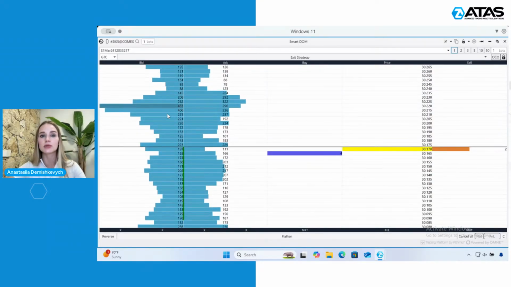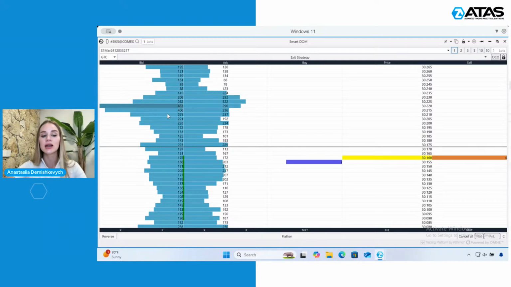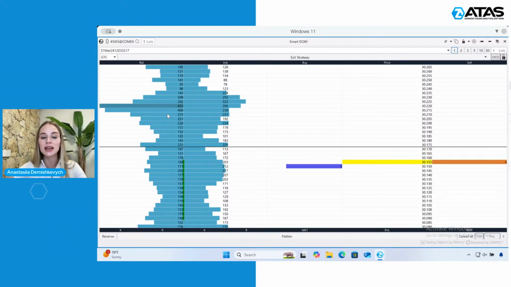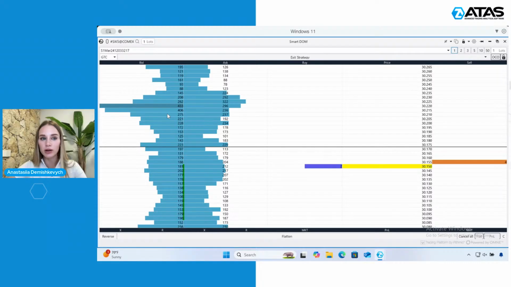And volume profile is something that we're going to be covering in the next webinars. So for example, if you identify the point of control at a certain level on the volume profile, for those of you who perhaps already used it, if there is a large limit order at the same price level or very close to it in the depth of market, it reinforces the significance of that specific zone. So both scalpers and intraday traders can be using the depth of market to enhance their trading strategy and